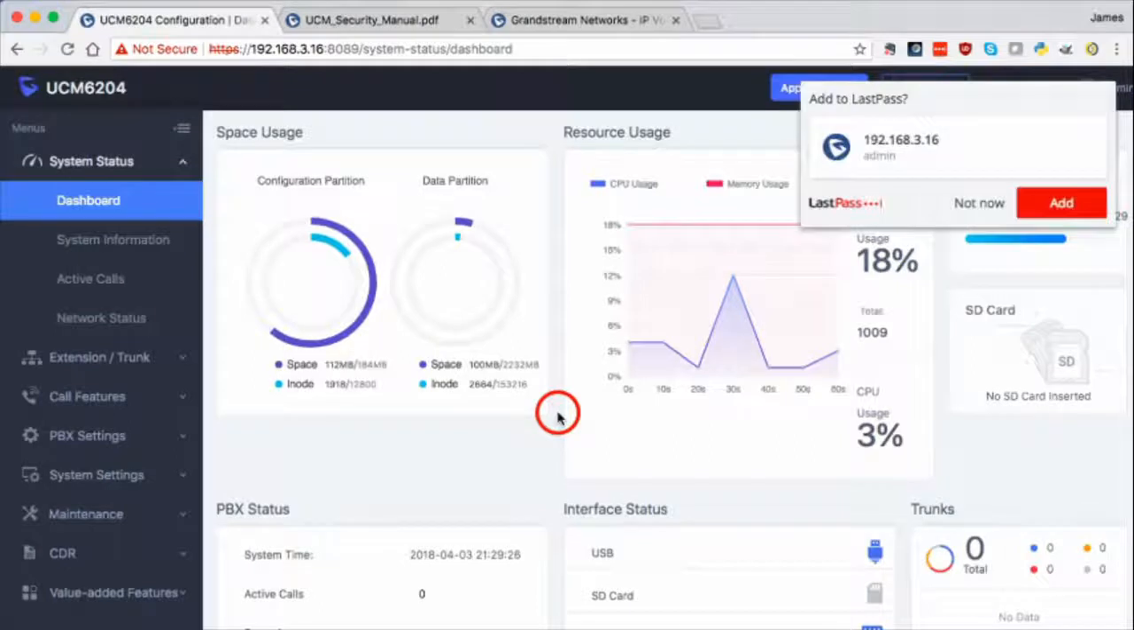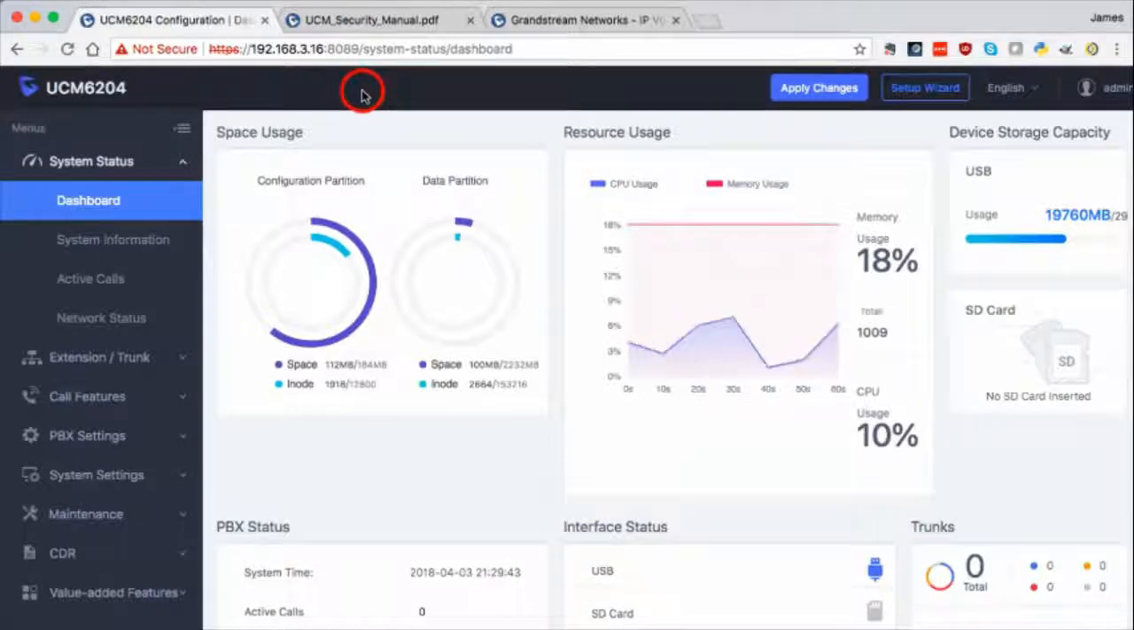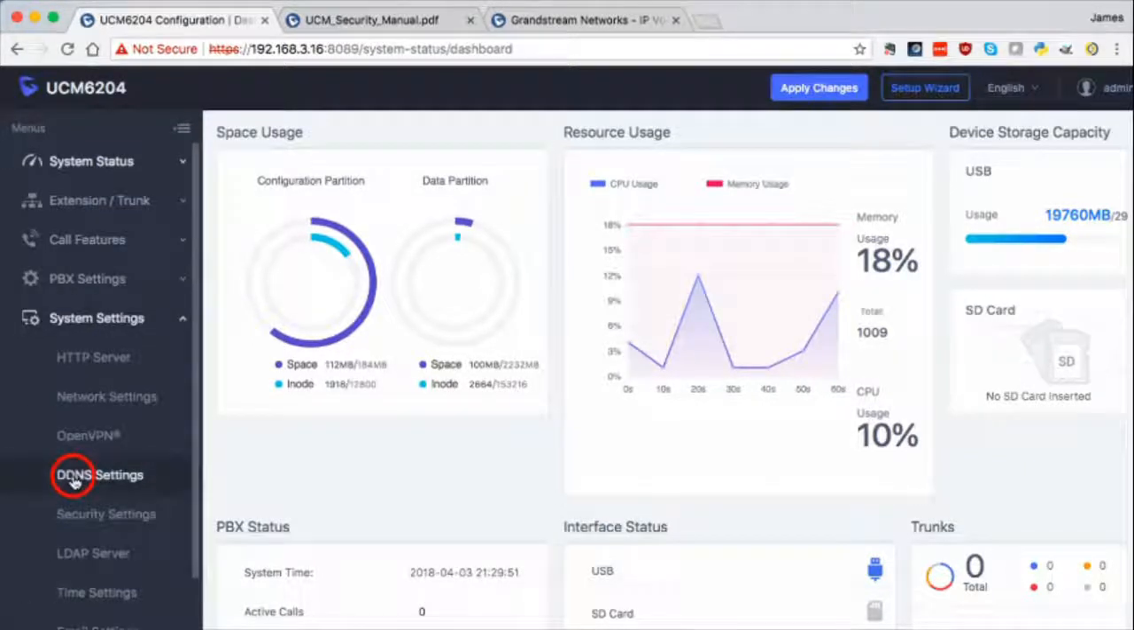Alright, the next piece that is recommended by Grandstream is if you have this PBX facing the outside world and you want to admin it from the outside world. As you can see up in the address bar, it's using 8089. The recommendation is to change that port, and in order to do that, you go to System Settings, HTTP Server,